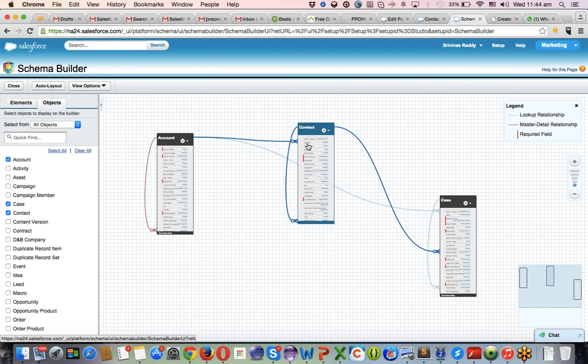From the contact, there is a relationship going to the account object. This is a lookup relationship. There are two types of relationship. The red color symbol is called a master detail relationship. The blue color ones are lookup relationships. There is a relationship going from contact to account, and contact to contact only, that's a lookup, and case to contact, and case to account also lookup, case to case also lookup, and account to account is